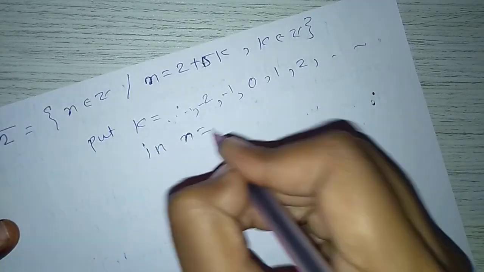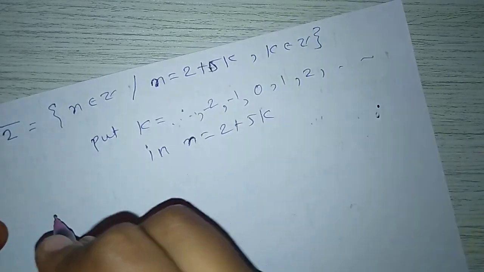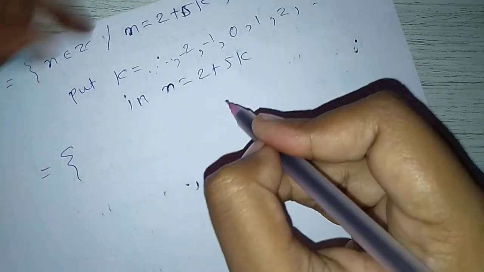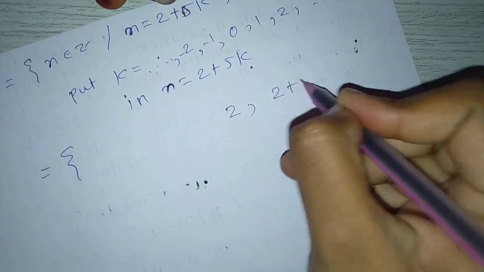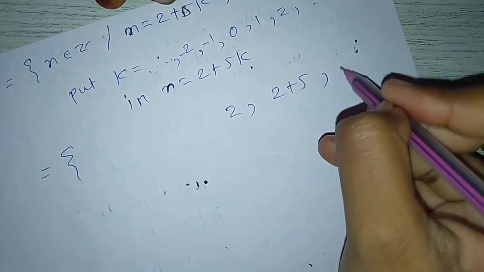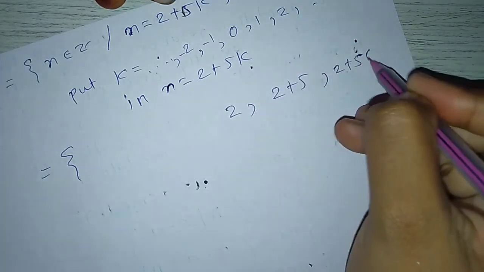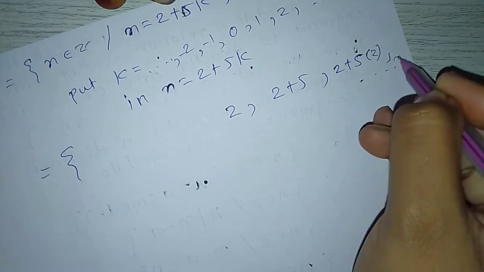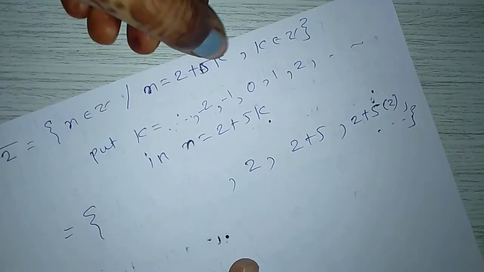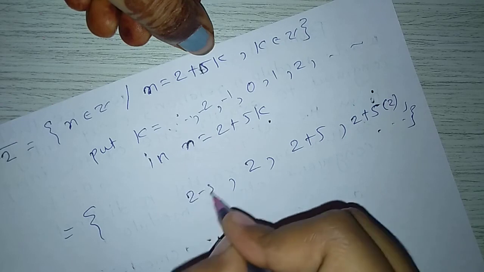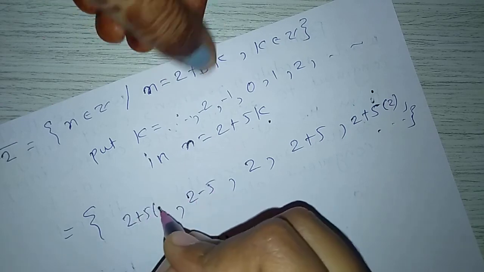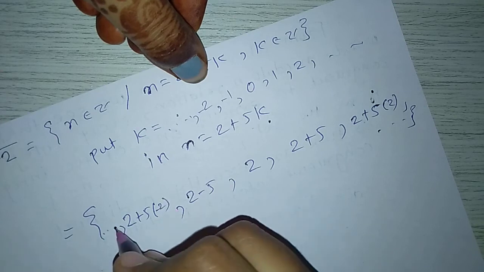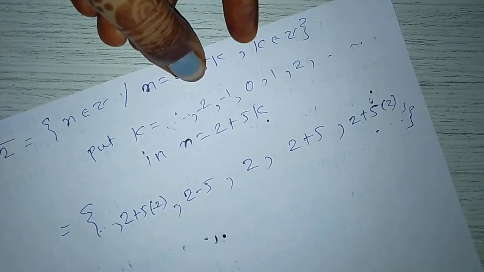In x equal to 2 plus 5k, we get: if k equal to 0, 2; k equal to 1, 2 plus 5; k equal to 2, 2 plus 5 into 2 and so on. If k equal to -1, 2 minus 5; if k equal to -2, 2 plus 5 into -2 and so on, which is equal to